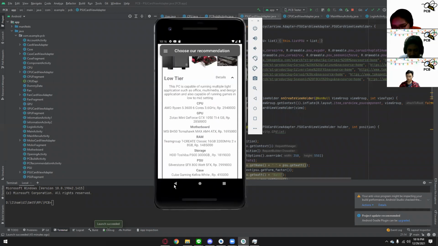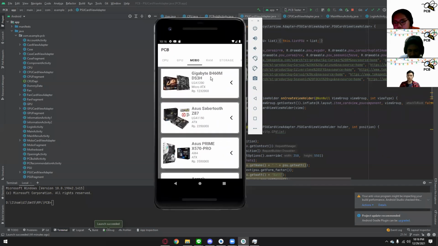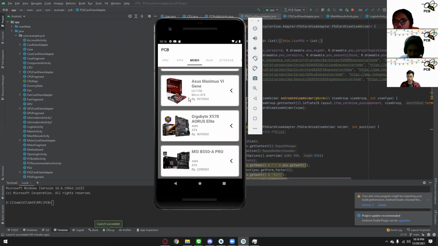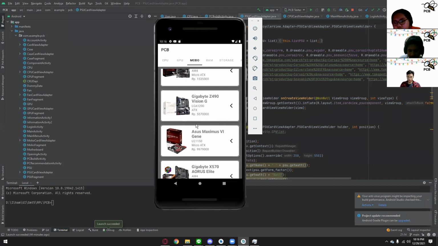Same. Okay, now we are going to the extra feature of the application, where user can see each component that we have in the database. There are mainly 8 component categories: case, motherboard, processor, and others. In this case, if the user wants to check the motherboards that the database has, user can click the motherboard logo, and then user can see all the details of the motherboard and its specifications, like the chipset, the form factor, and also the price.